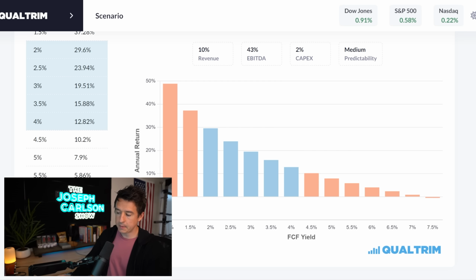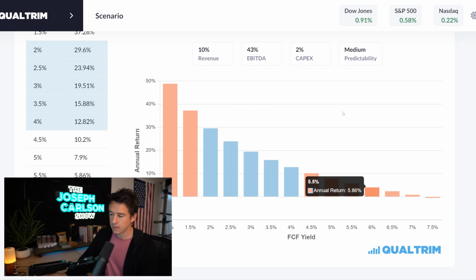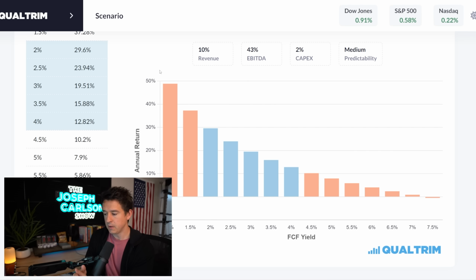So a lot of people get confused. They're wondering why the returns go down when the yield goes up. Well, if something's trading at a 7.5% yield, that means that people sold out of it. The multiple has gone in half. It went from, like, what does it trade at right now, a 35 multiple down to like a 12 multiple, right? So the multiple's gone down like crazy if the yield goes up. So I don't want people to get confused.